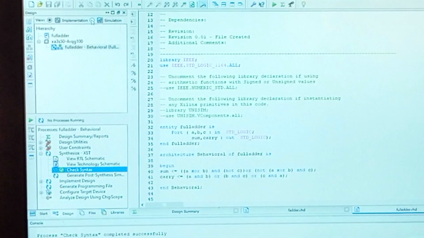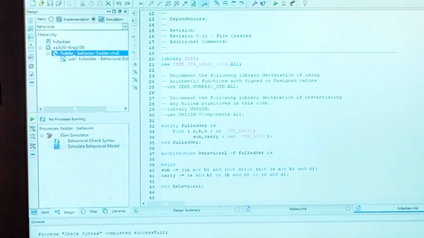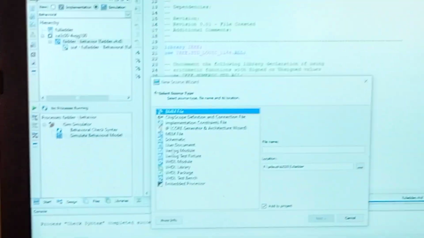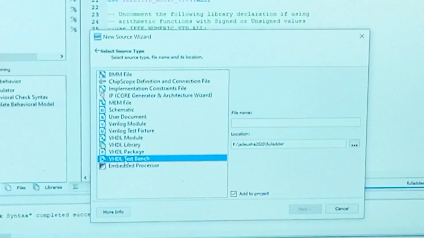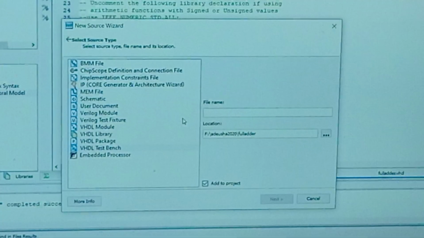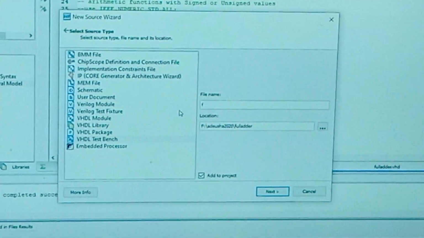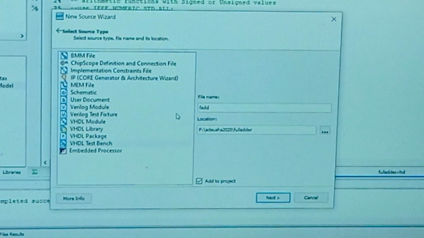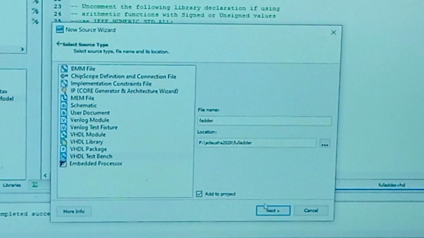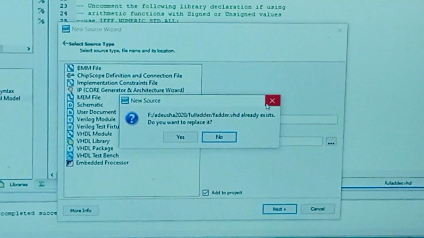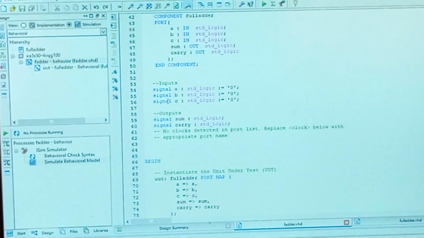Now go to simulation and here right click, new source, VHDL test bench. Give the program name full adder. Next, finish.